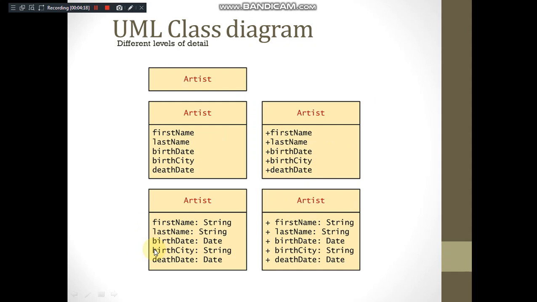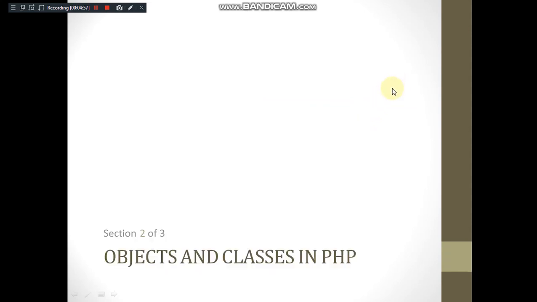We can also show different levels of detail. We can represent only the class name. We can show the class name and its properties alone. Along with this we can add the type of accessibility, all are public here, shown with the plus. We can show the data types too. So all three can be added: data type, name of the properties, along with their access specifier, whether that is public, private or protected. So different levels of detail can be provided.